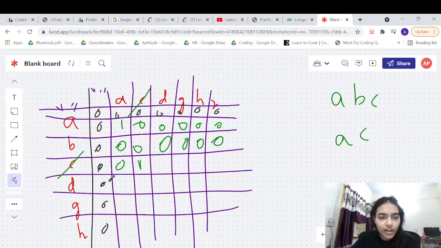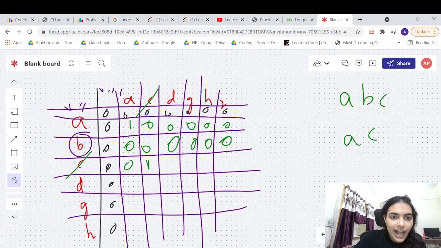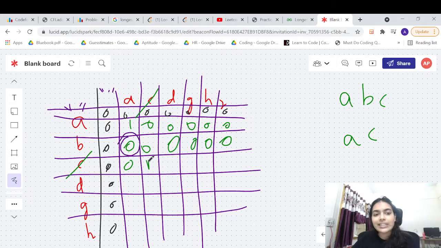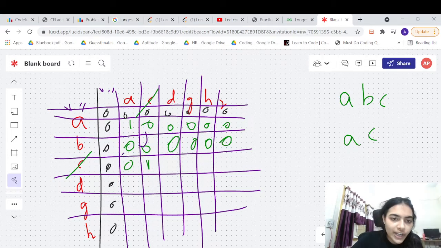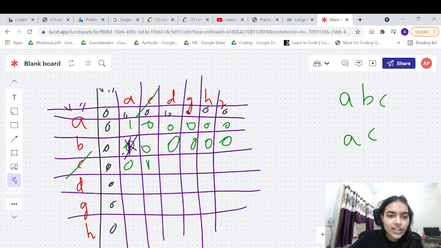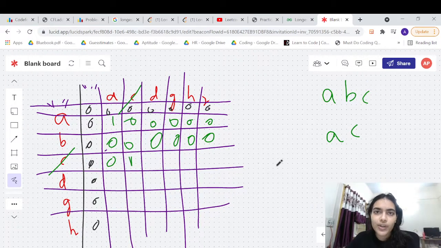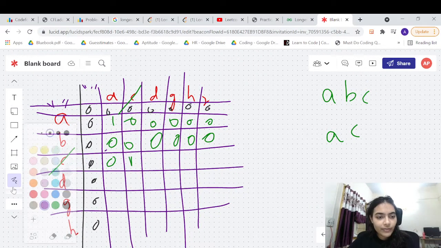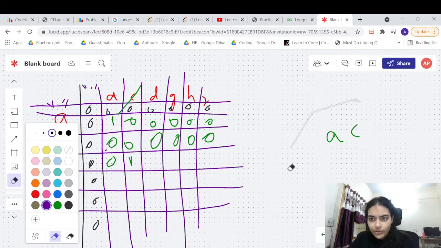So in every block, we just store the proper answer, right? So in this case, this is 0. For longest increasing subsequence, this would not have been 0. But since it's a substring, that's why this is 0, and it's important to put this at 0. You cannot take the previous value and put it as 1. This is not allowed, right? Because then it will become subsequence, not substring. So it's very important that we differentiate this. Now let's go forward.